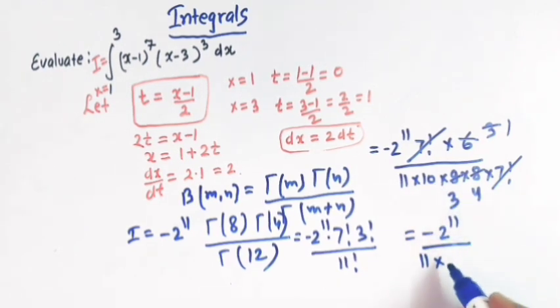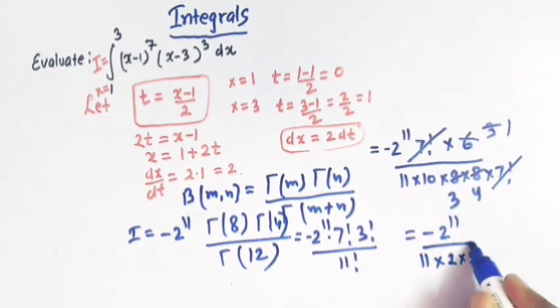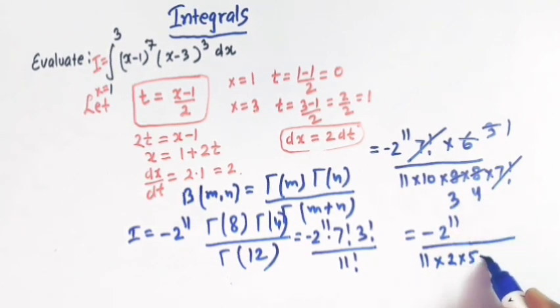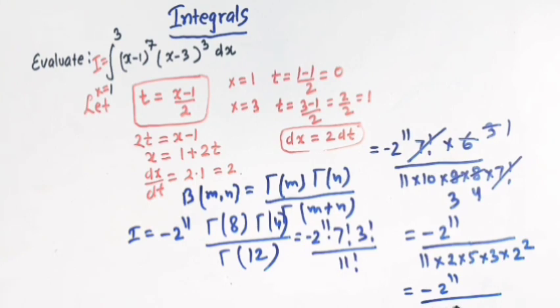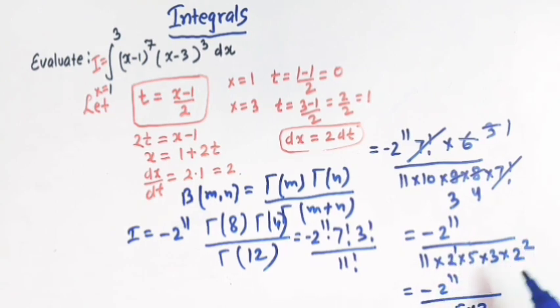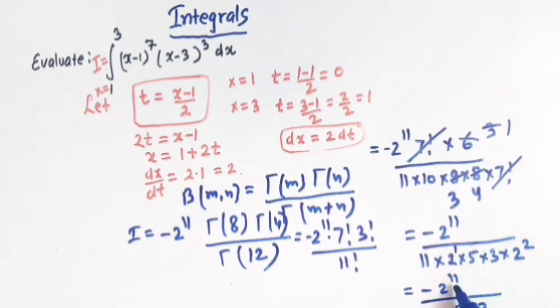So now see, we have minus 2 raised to 11 in the numerator, and here we have 11, then 10 can be written as 2 times 5, and here we have 3 times 4. 4 can be written as 2 square, right? So we have minus 2 raised to 11. Here we have 11 times 5 times 3. Here we have 2 raised to 1 plus 2, that is 3. So we can take 3 to the numerator. So we have here minus 3, right? So this is minus 2 raised to 8. And here we have 5 3s are 15. 15 times 11 is